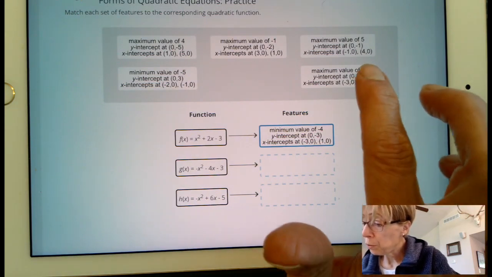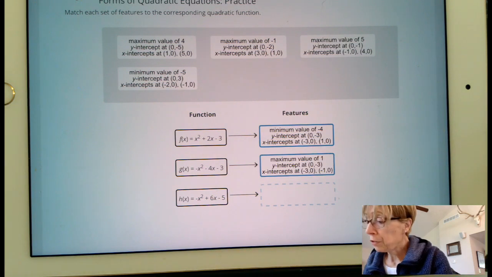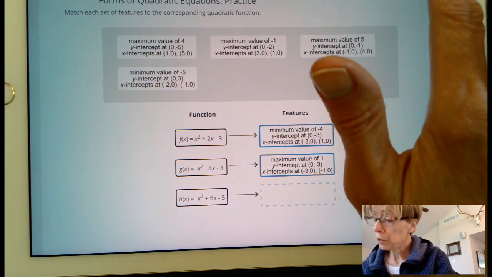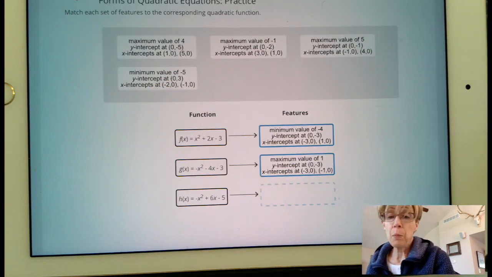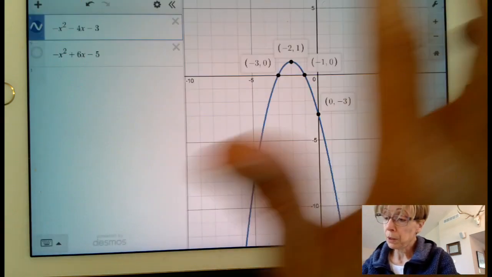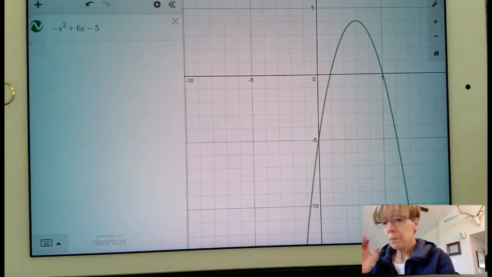So when we go back to Edmentum, we can look at our choices here, and it's a maximum value. And one more time, the maximum value of 4. The only place where we have a maximum value of 4 is this option here. We do have a y-intercept of -5, as well as the x-intercepts of 1 and 5. That clearly, even though I didn't read them that way, they wrote the x-intercepts and the y-intercepts